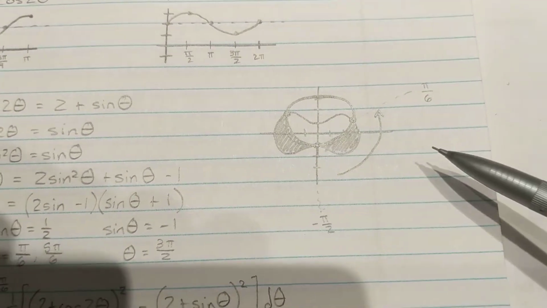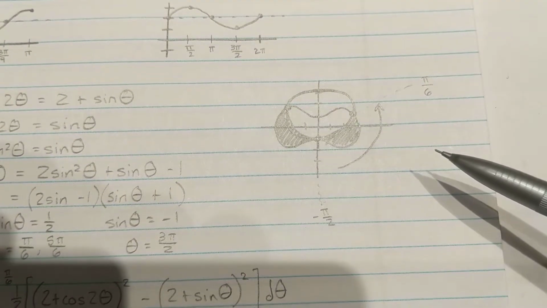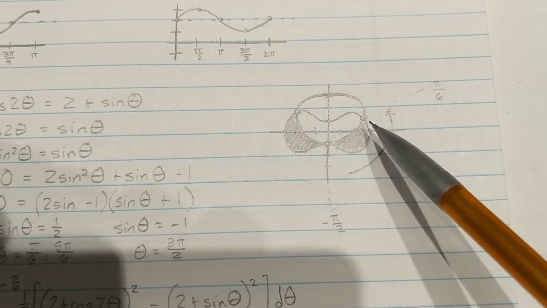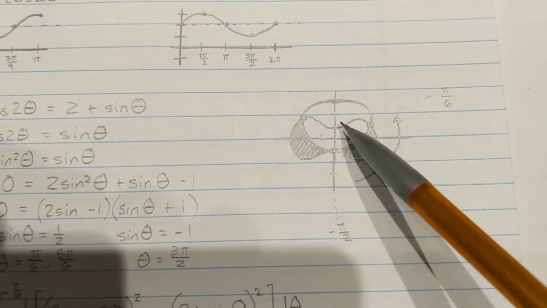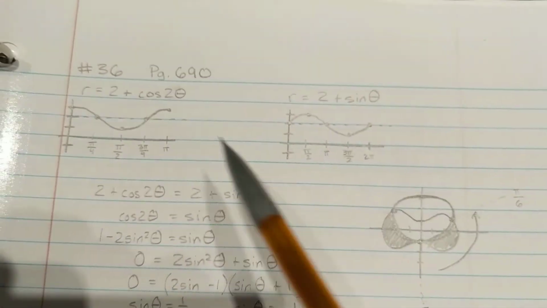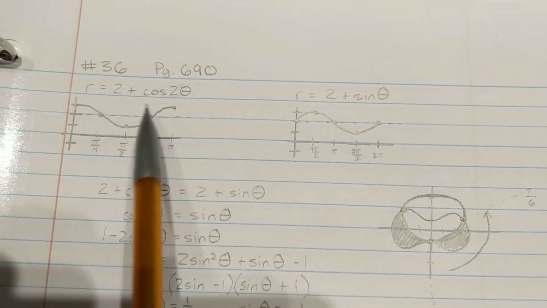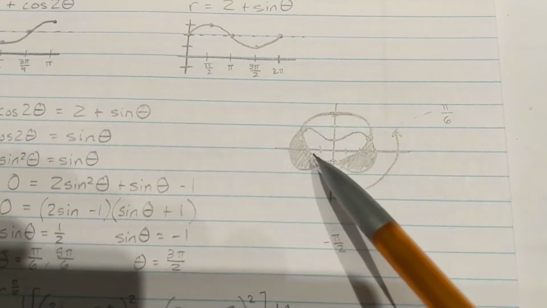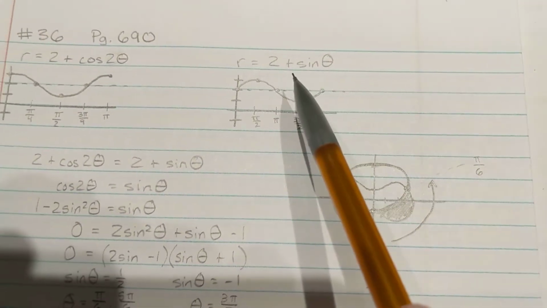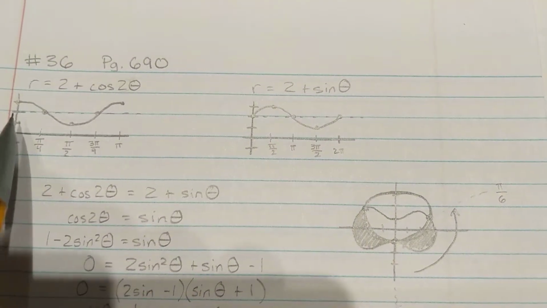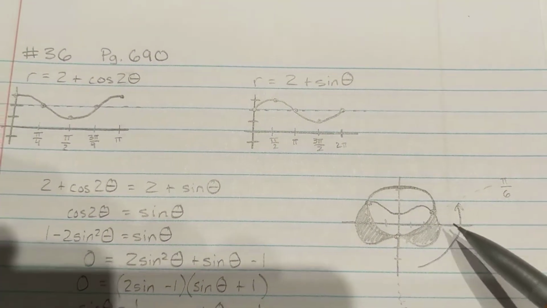This is what it looks like once it's graphed on a polar plot. So we've got this shape here is our 2 plus cosine 2 theta, and then this circle is our 2 plus sine theta. And you can kind of see that from following the curves. We start at a 3